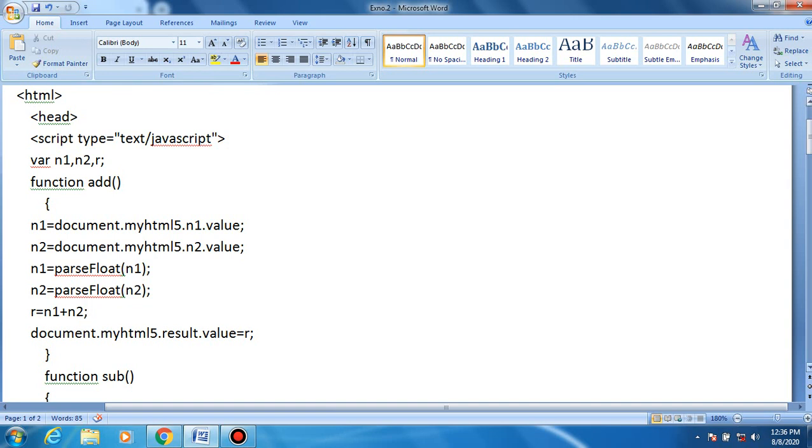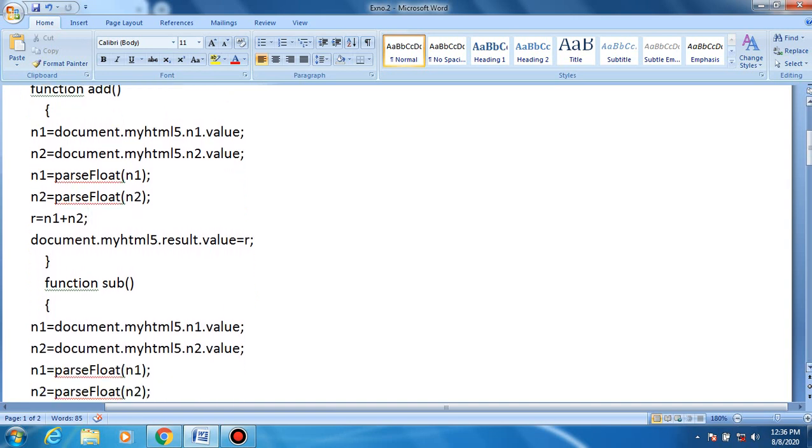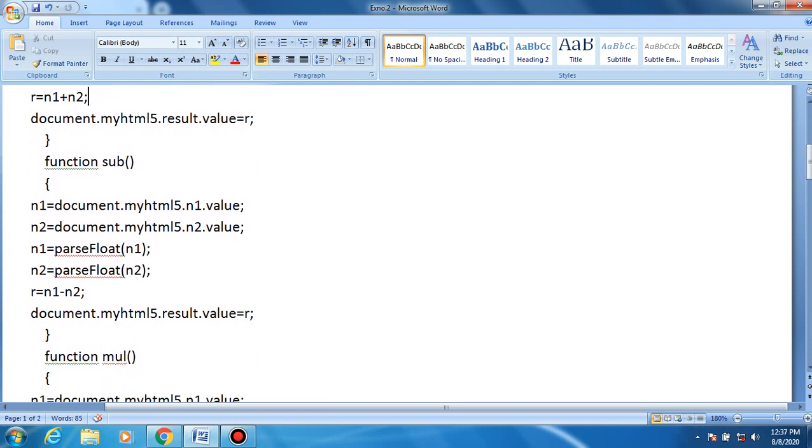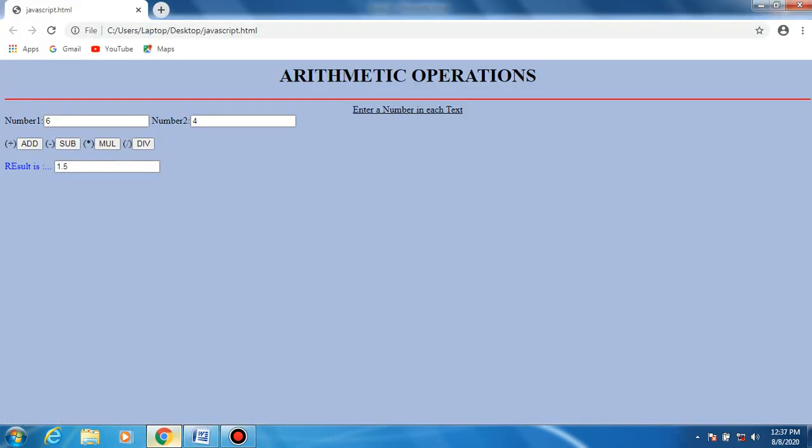Then the subtract function, which we also write. We define n1 equal to document dot myhtml n1 value, n2 equal to n2 value, and r equal to n1 minus n2. Here we defined number 1 and number 2.